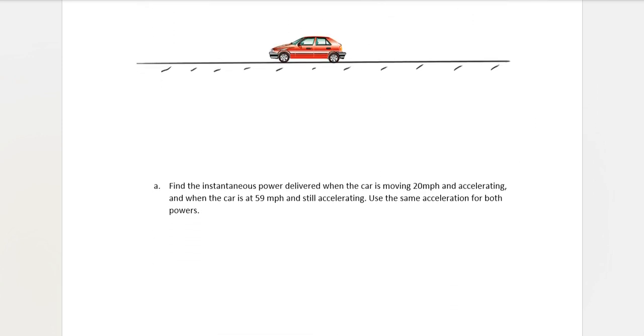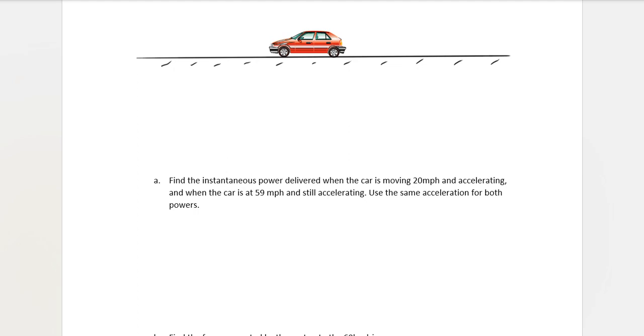Looking at some of these other questions here: find the instantaneous power delivered when the car is moving 20 miles per hour and accelerating, and when the car is at 59 miles per hour and accelerating. Now, there's kind of a reason why I worded it like that. It's not super important for right now, but this is important: still accelerating. You're going to need these numbers in meters per second. This one you're already going to have. You're going to basically have that one too. I think you can use the 60. It will be okay, but if you want to calculate a more accurate value, use the 59